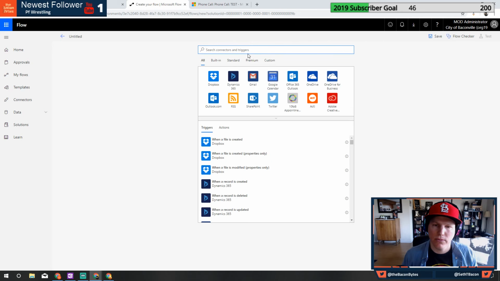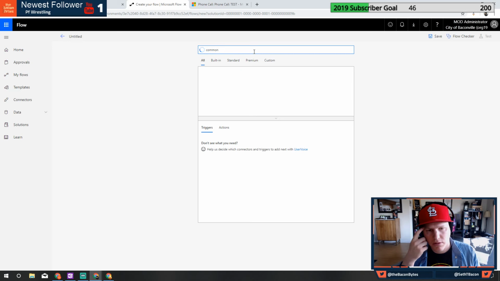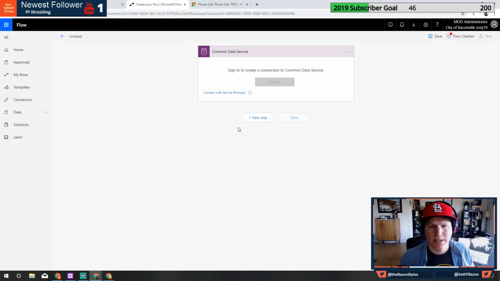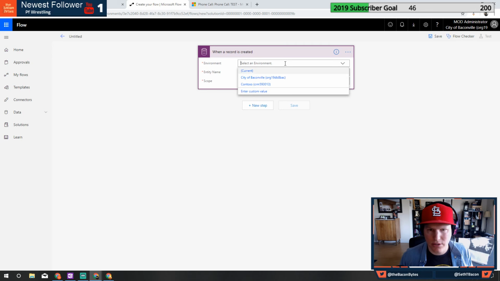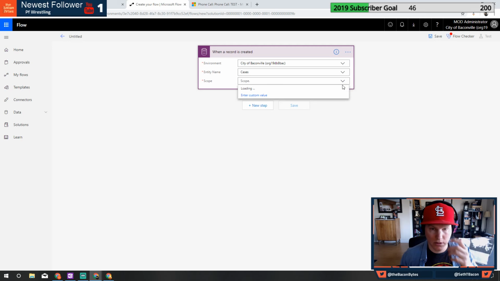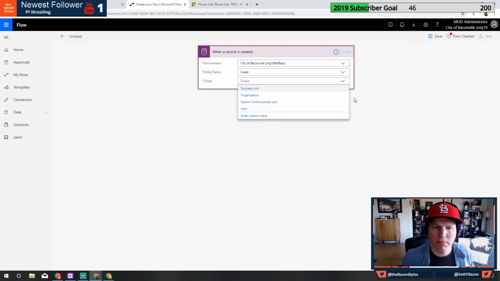Interesting. So what would be the trigger if we're using a web app? Because common data, when a record is selected, this record is created in the common data service. Okay, cool. Because I think that's what we actually want, is based on the common data service. So there's the bacon bite, the baconville. And this should limit it to items that we'd expect. Okay, so this is going at the common data model or service scope. Organization, so everybody in the organization. Okay, I'm good with that.